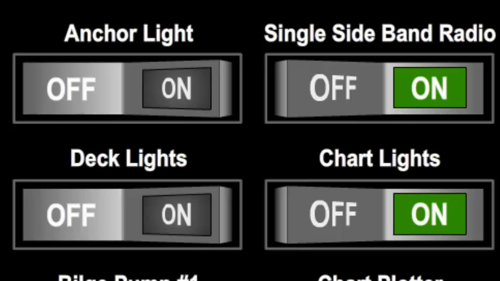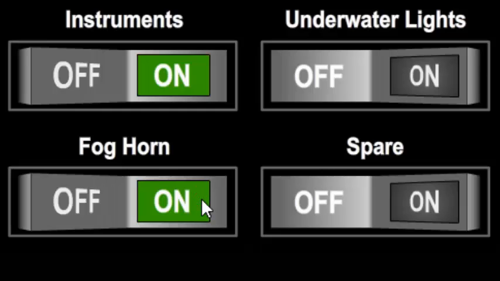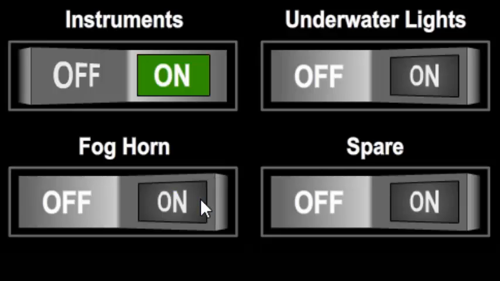If you have not licensed the control module and attempt to change a switch, you will see a "not licensed" message displayed. Some switches can be configured to have a momentary action, like a push button. The switch will only stay on while it is being pressed. Take your finger off the switch and it immediately turns off. The foghorn would be a good example of that. Press the button to sound the horn, and as soon as you take your finger off the switch, the horn